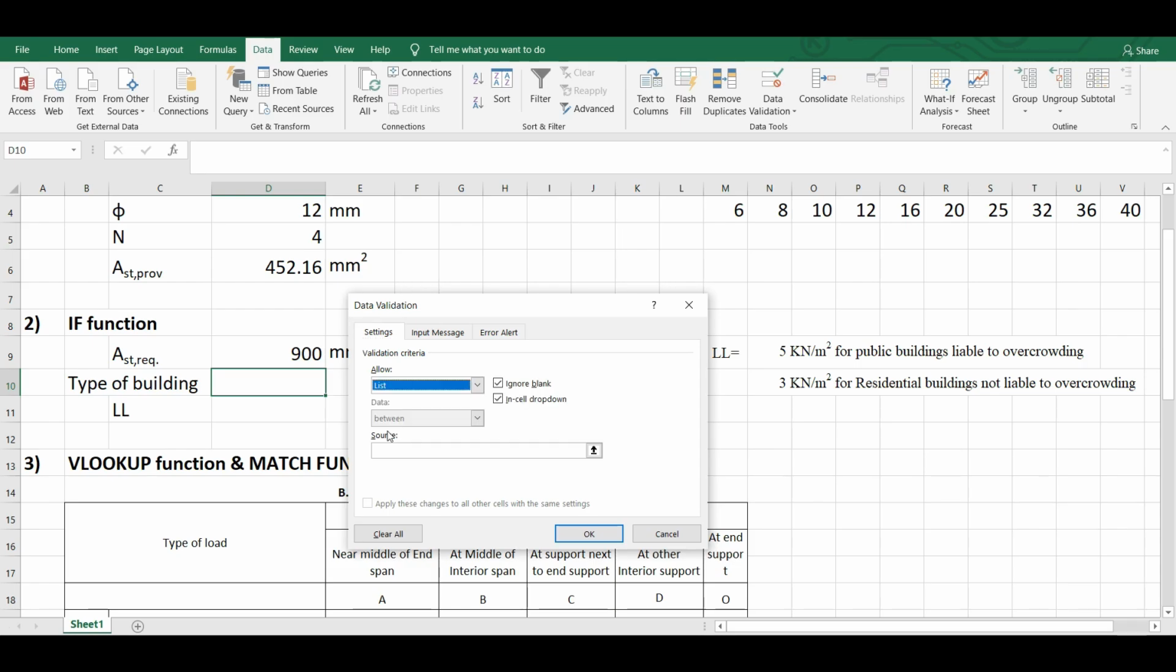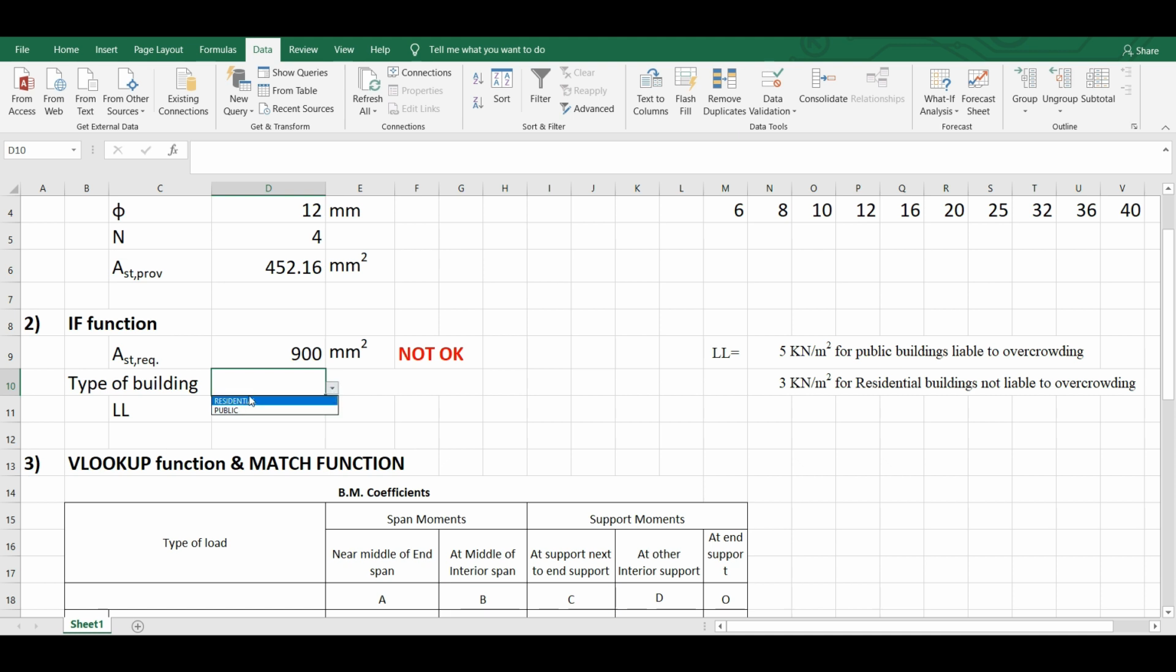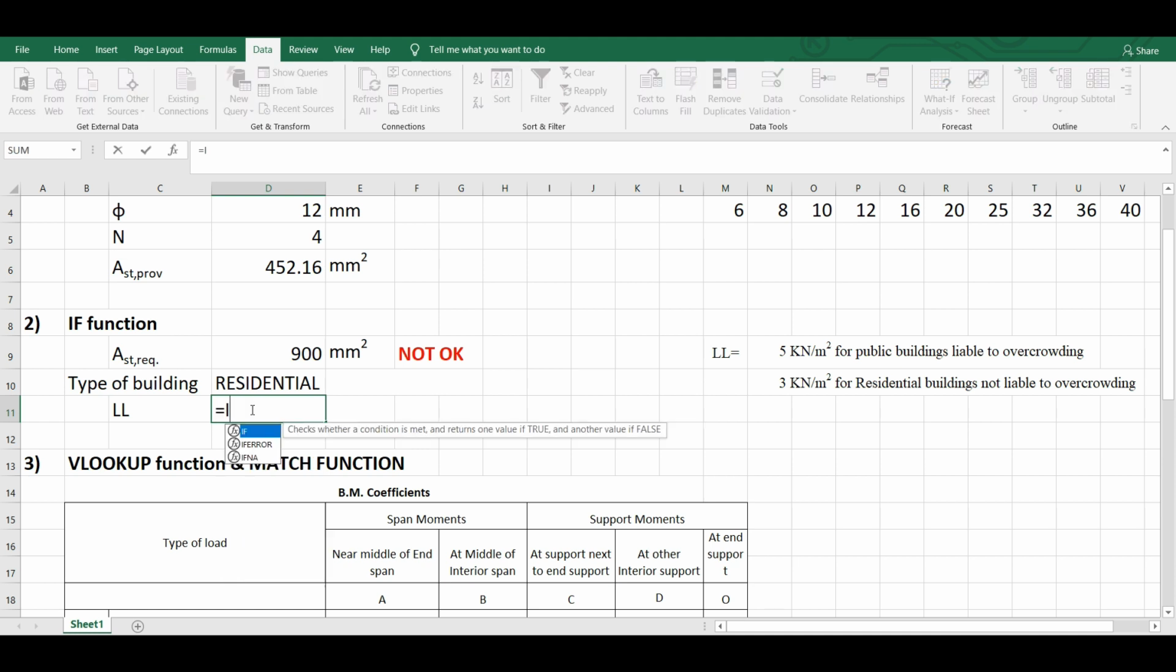From the drop down select list, and in the source type as residential, public, and click on OK. So here I have got the drop down list. So now I want the live load to be 3 for residential building and 5 for the public building. So for that, again I will use the if condition. So if